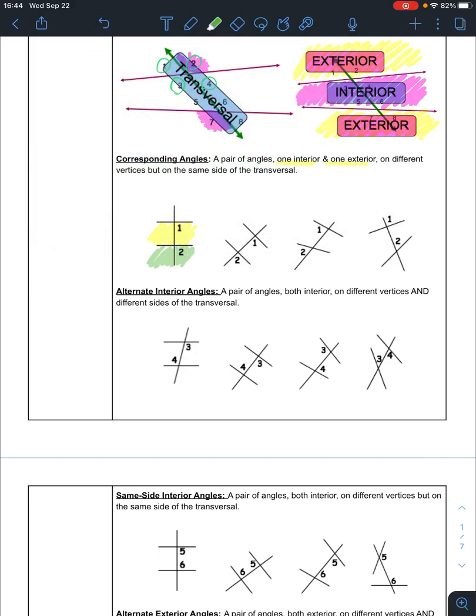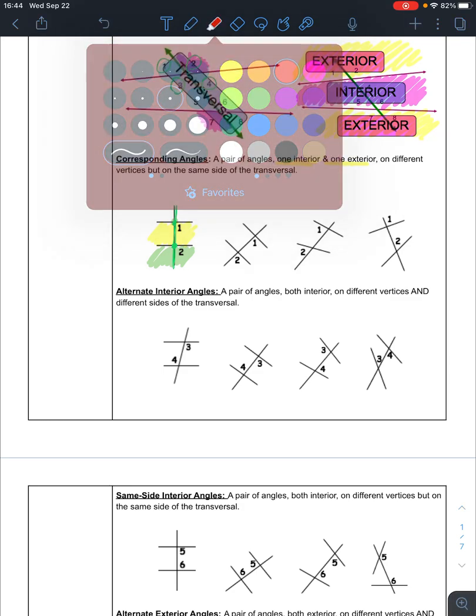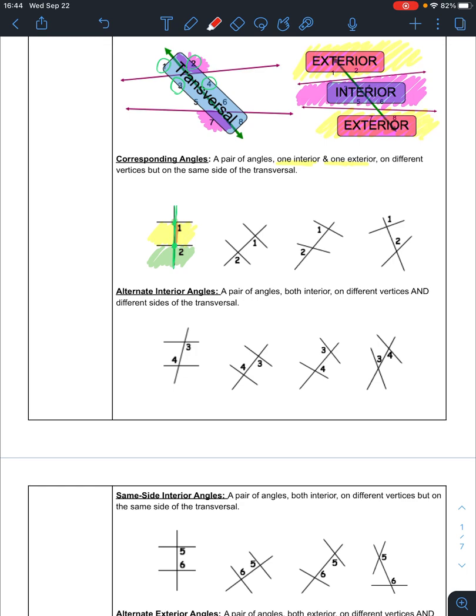So we can see that 1 is interior, 2 is exterior. And then on different vertices, so angle 1 is on this vertex, and angle 2 is on this vertex. But notice that they travel along this transversal, right? They travel along the transversal, and they're on the same side. So one of the things that you'll start to recognize is that